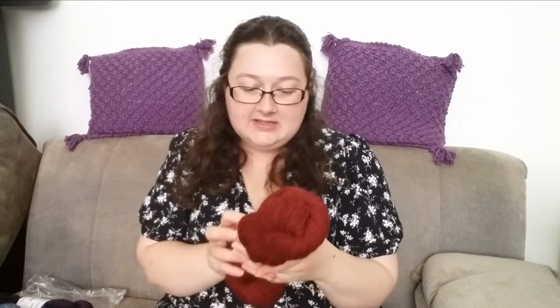So first we've got here, this is Woolrush hand spun yarn. So this is hand spun by a local spinner, and I am realizing as I read this that I need to learn so much about different sheep breeds and different fabrics, because there's a few things on here I just didn't know at first. So the fibre content here of this nice hand spun yarn in the colour Shepherd's Warning is 65% merino and